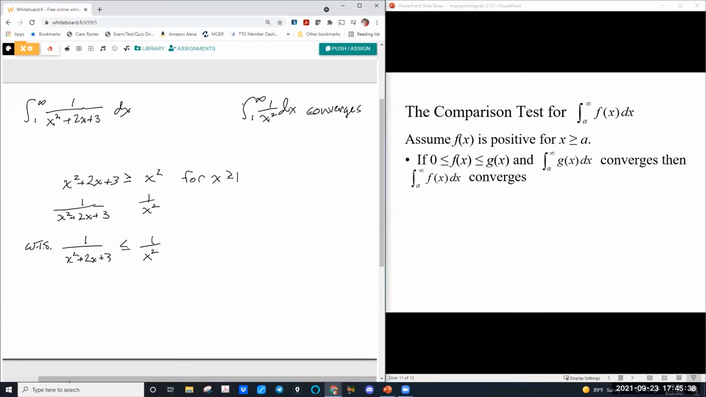Here's a little reminder. 1/2 versus 1/3. 1/2 is bigger than 1/3. You flip them. What's bigger now? When you flip the two sides of an inequality,